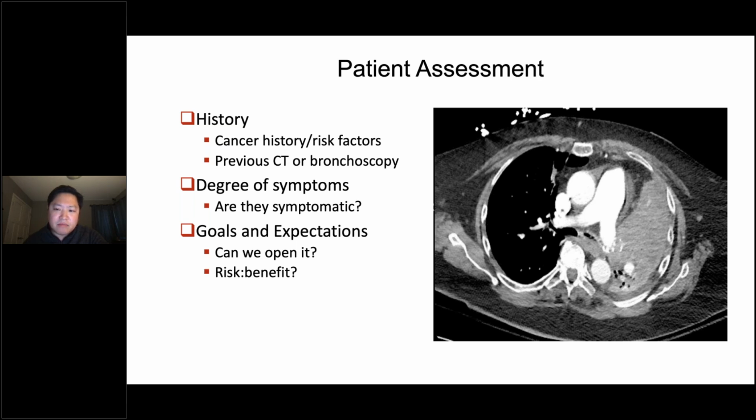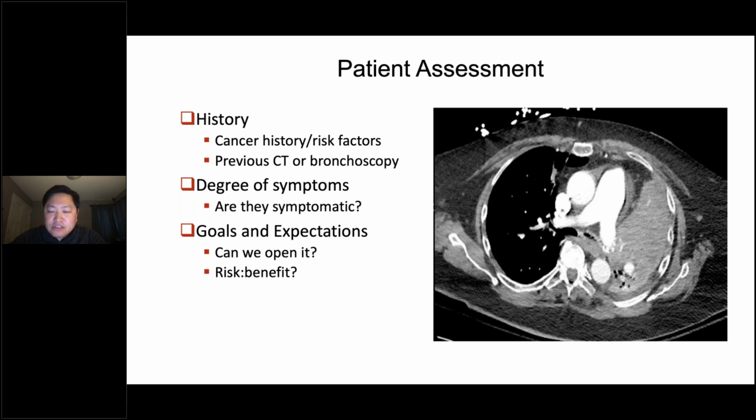And if they said they've performed a bronchoscopy already or have CTs, it's really important to obtain those images before you put in a lot of effort transporting or transferring the patient to your facility for a potential intervention. Degrees of symptoms, so you can't fix asymptomatic, right? The patients have to be symptomatic, at least that's what I tell my fellows, if we're going to decide on any kind of intervention for that patient.